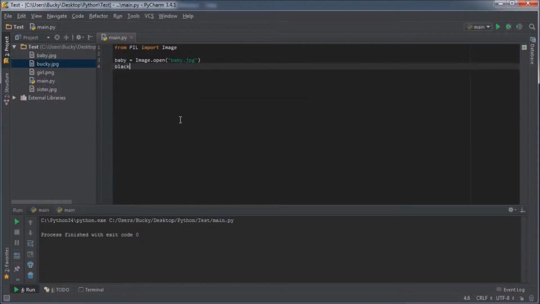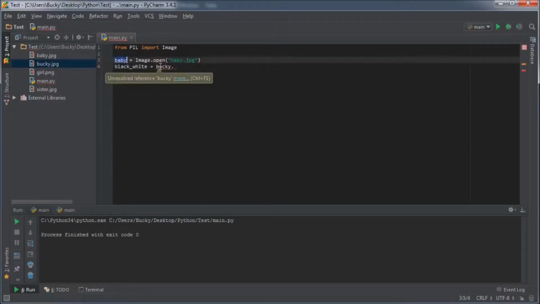But just for this example, I'll show you guys how to convert it to black and white. Now there are a couple different ways that you can make a black and white image. You can just take your RGB image and remove all the basic saturation from it and end up with a black and white image, but that isn't a true black and white image. That's just an RGB that looks like a black and white one. So if you actually want a true black and white photo, then what you can do is you can take your original photo, actually this is called baby,